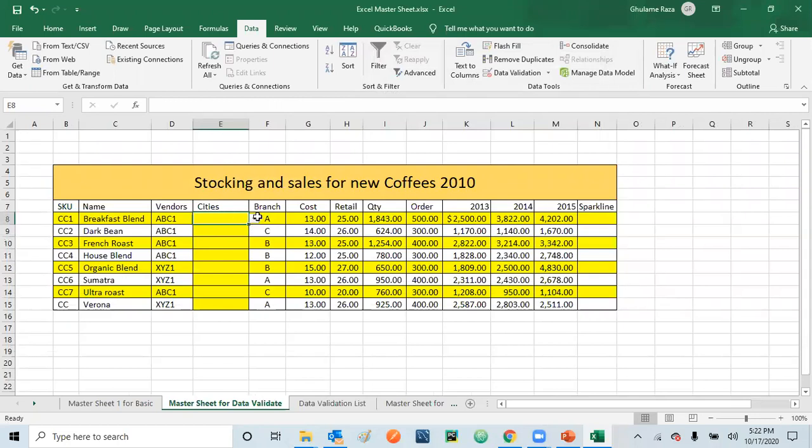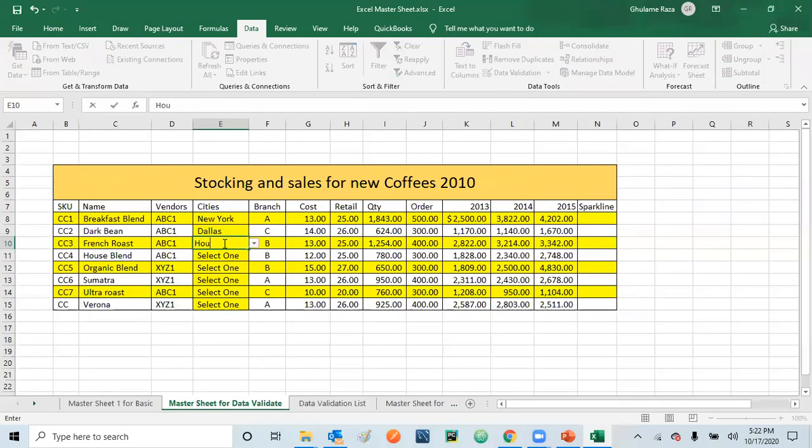Before selecting the entire column, you can just simply select the first option, which is select one, and then you can drag down the entire area. And then, if you are working with this area, you can select this cell and then select New York. Then you can see that branch C is in Dallas, so you can type it here.